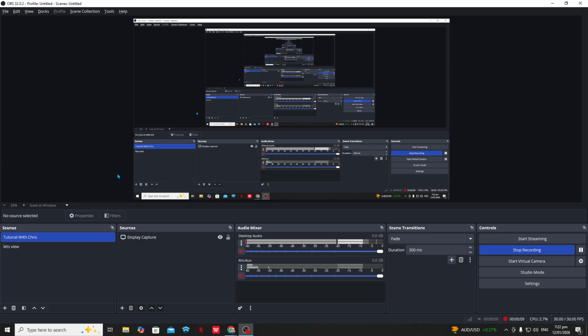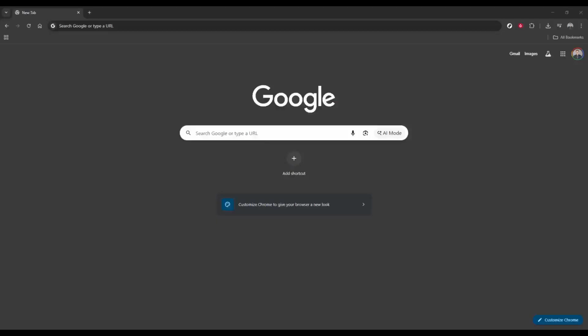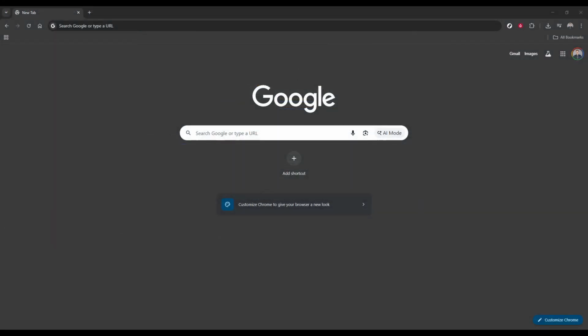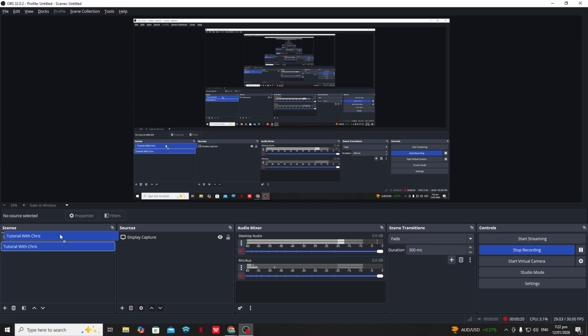First, open OBS Studio on your computer, and make sure you already have at least 2 scenes set up. Transitions only show when you switch from one scene to another, so if you haven't created scenes yet, take a moment to add a couple, such as a main gameplay or camera scene and a starting soon or be right back scene.